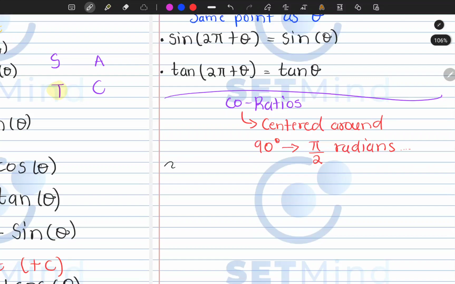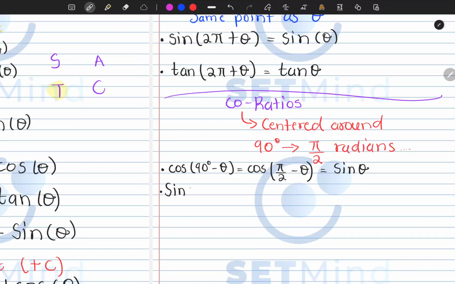Well, if we find ourselves with the cos of 90 degrees minus theta, which is the same as cos of pi over 2 minus theta, when you have a 90 minus, it will always switch to a sine. So if you have a sine, you switch to a cos. If you have a cos, you switch to a sine. So this will end up being sine of theta,